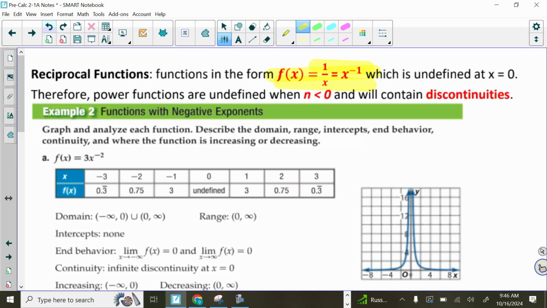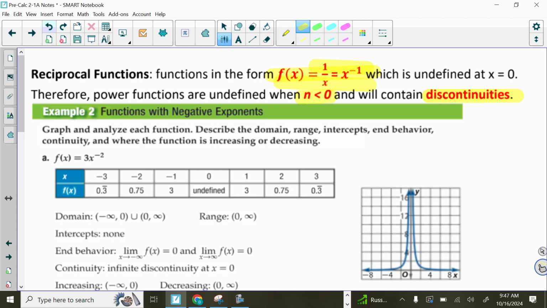So we're kind of talking about negative exponents and fractions here. And we definitely have to make sure we know that x is undefined at 0 in these cases, because you can't have 0 in the denominator. Therefore, power functions are defined when n is less than 0 and will contain discontinuities, I should say, right? Discontinuities. So in reciprocal functions, we're talking about negative exponents basically, and there's going to be some places where we're not